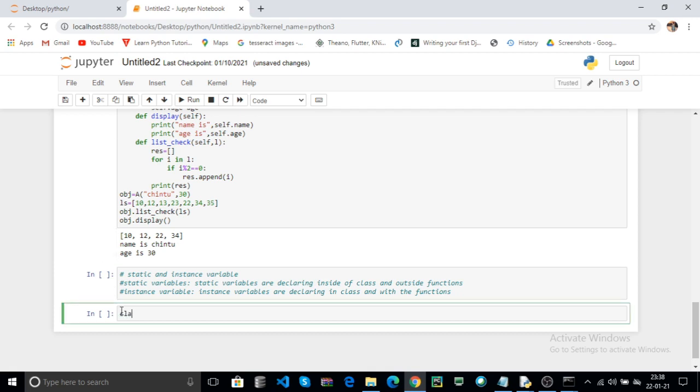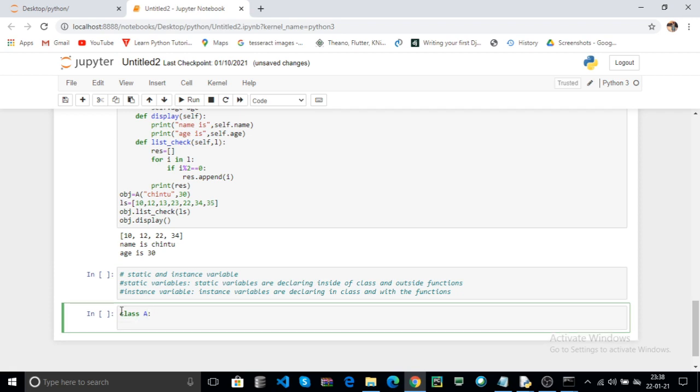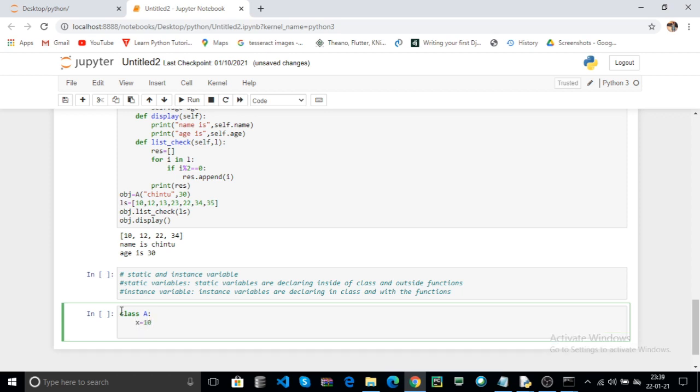Now first create a class. For example, the class is A. Here for example I declare x equal to 10. Here you can also use the constructor, underscore underscore.